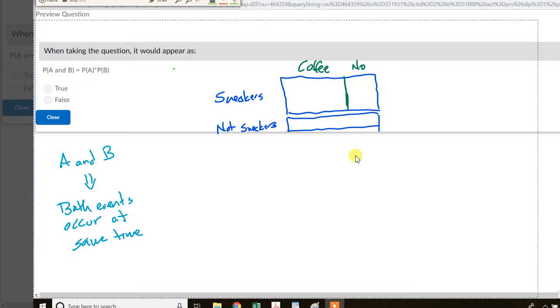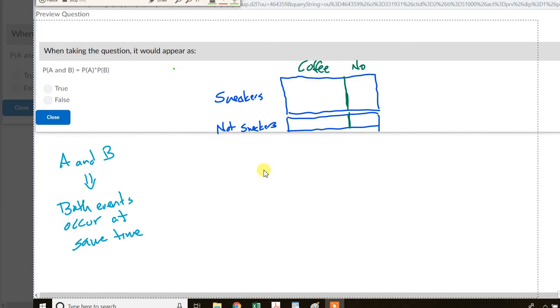Okay. And now what about the people who don't wear sneakers? Will that affect your coffee drinking? Is coffee and sneakers related? I don't think so, right? So if 75% of the people who wear sneakers also drink coffee, then probably roughly 75% of those who don't wear sneakers also drink coffee. So in other words,